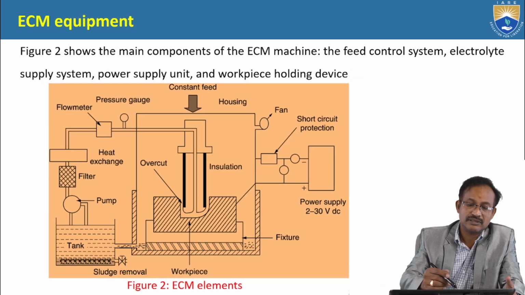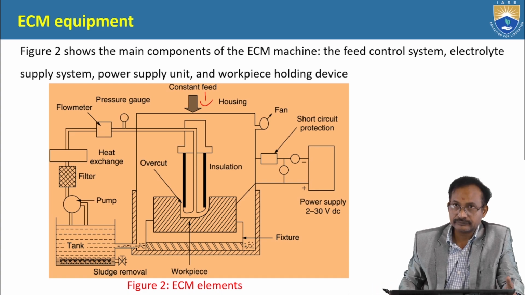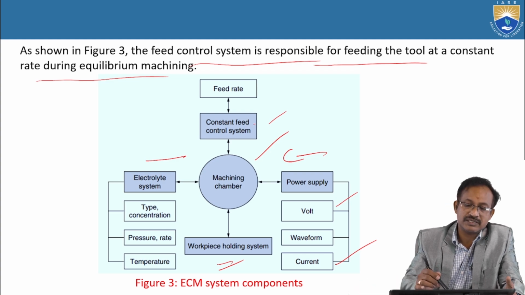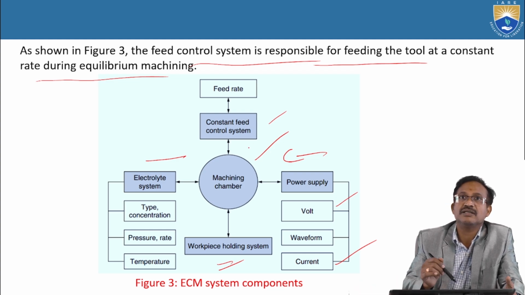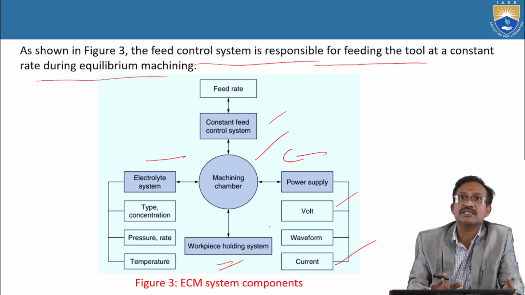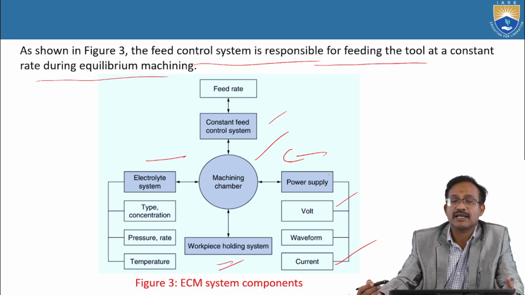Look at here, constant feed will be provided in order to remove the material from the workpiece. So these are the various parameters. Mainly the constant feed control system is responsible for the machining rate. And here the workpiece holding system supports the workpiece. And the power supply system is meant to supply power with certain voltage and current,